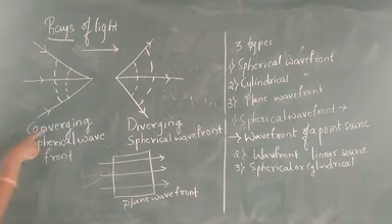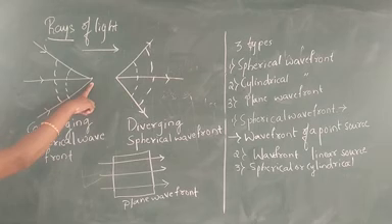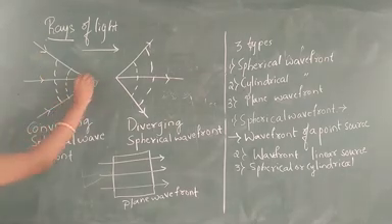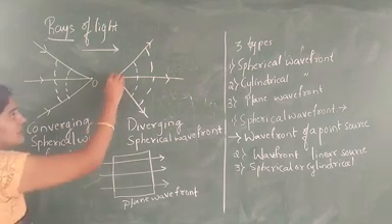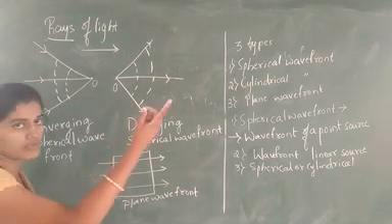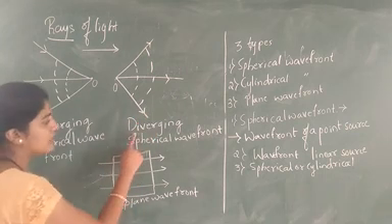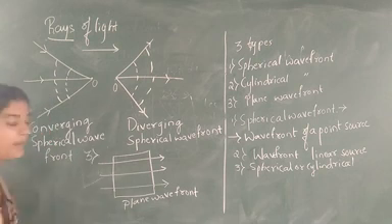Now in this, the first one we have to study is the converging spherical wavefront. How the rays of light are moving we have to see. This is the locus of a point. The rays of light are moving towards the locus of a point, so we call it the converging spherical wavefront. Again here, in the same way, we consider the locus of the point. Here the rays are moving outwards. If the rays are moving outwards, we call it the diverging spherical wavefront.